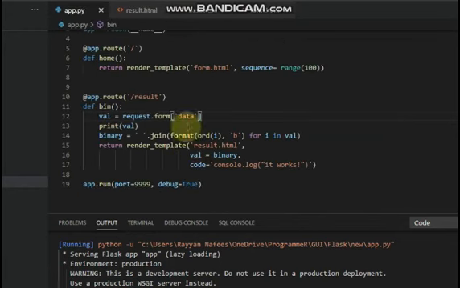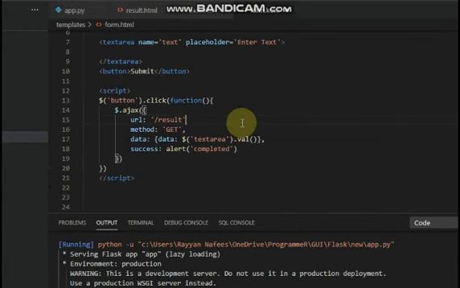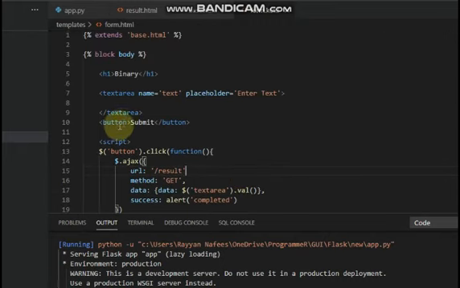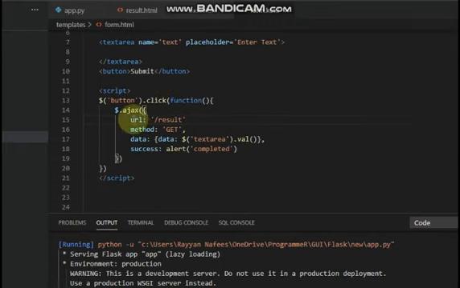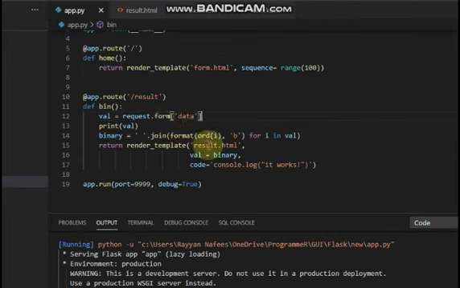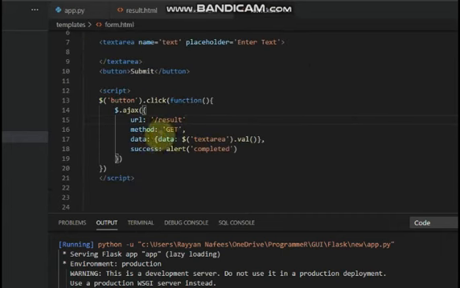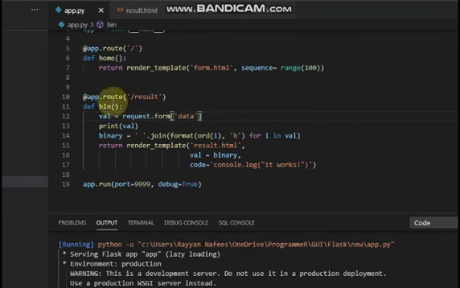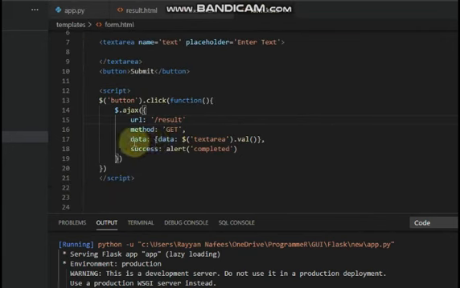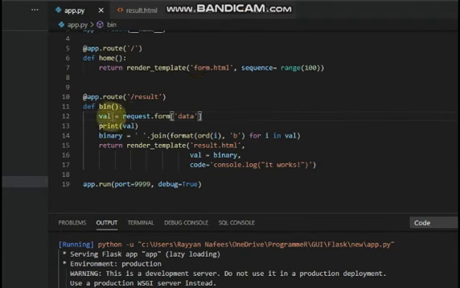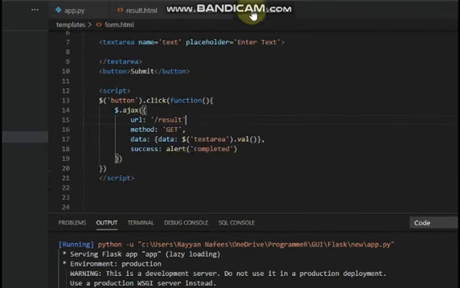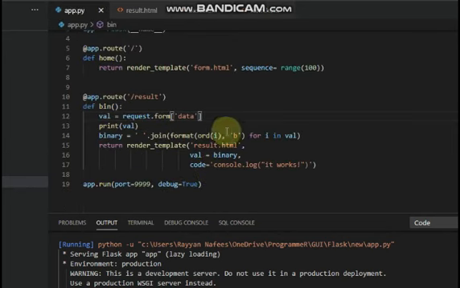So whenever this button is clicked, an AJAX request will be sent to /result, into this function. The method will be get, which is the default, and the data will be the textarea.val, which would be this val, the data function,